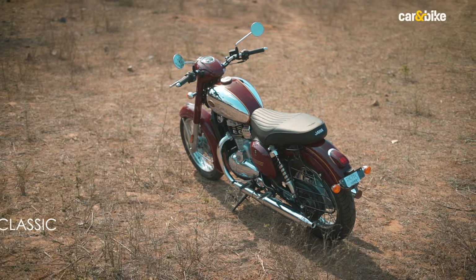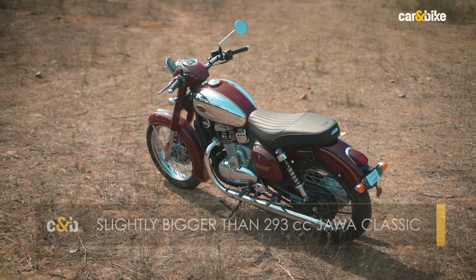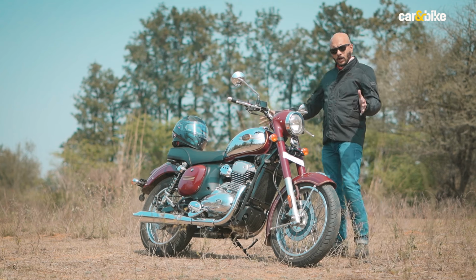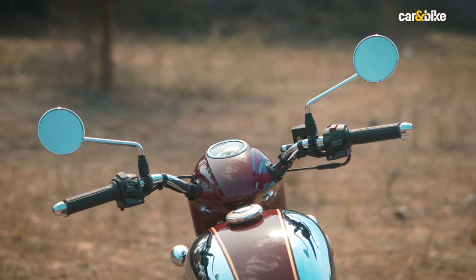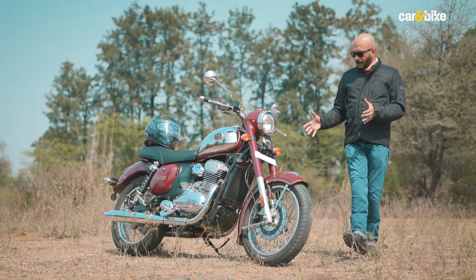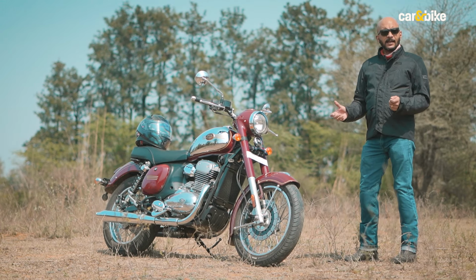According to Jawa, the customer base wanted a slightly bigger bike than the old Jawa Classic, or the Jawa as we call it. So this one has been given a little bit more mass. So it's longer, taller, seats slightly fatter, front suspension, it's got a slightly taller handlebar. So overall, it looks like a slightly more significant bike than the earlier outgoing Jawa